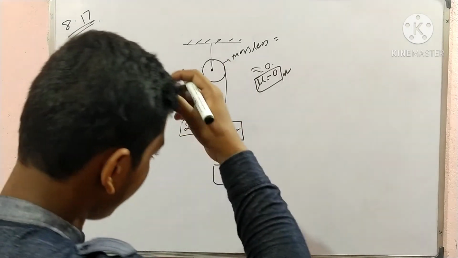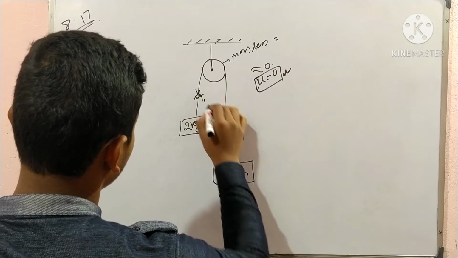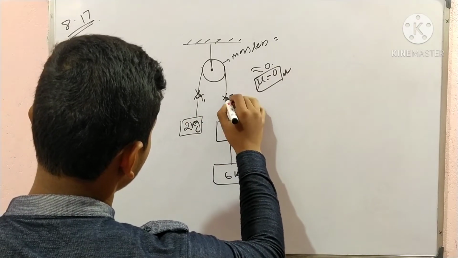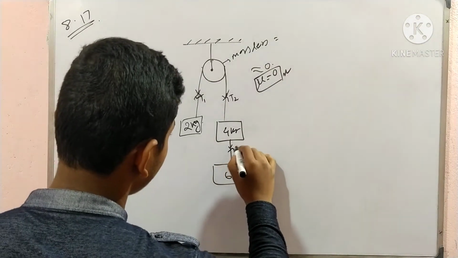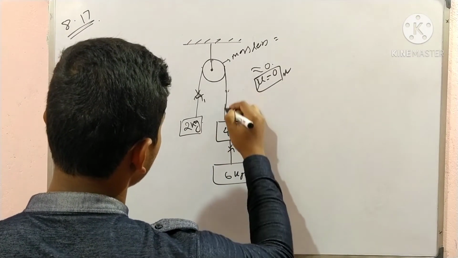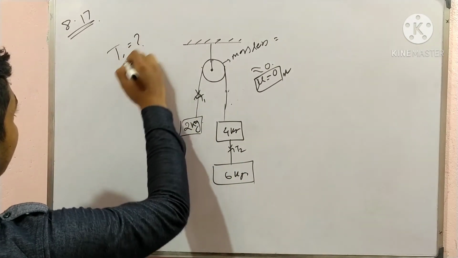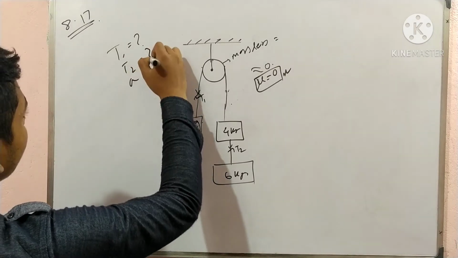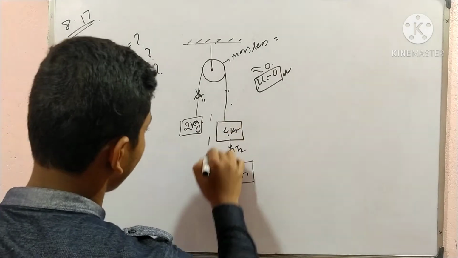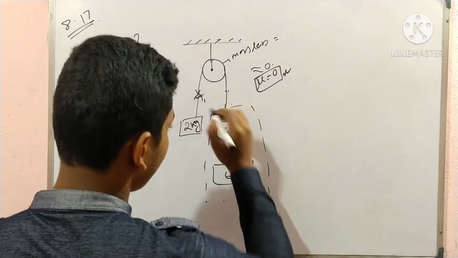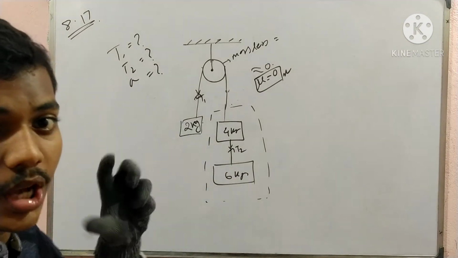Okay, so now we can find that there is a tension T1 and there is another tension T2. So now we can find T1 and T2 and the acceleration. Now, how can we find the acceleration? If I take the body as a combined body, meaning the 4 kg and 6 kg are together and make a combined body,